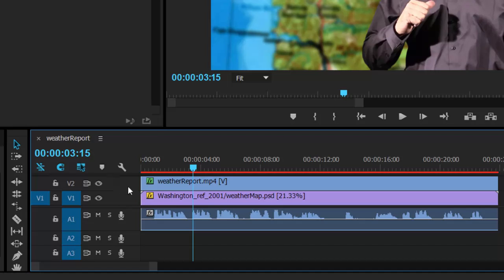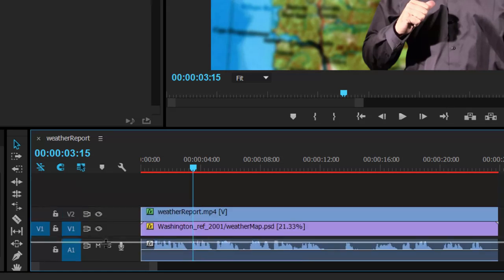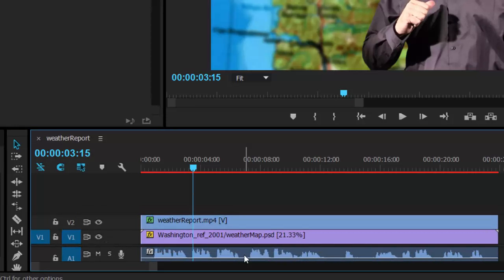We also want to see more of the video tracks. So let's put our cursor in between V1 and A1, or the audio and the video. You'll see a thicker line there. Put your cursor there until you get the double-headed arrow and click and drag down. We want to drag down so that we can continue to see the audio waveforms, but give us the maximum